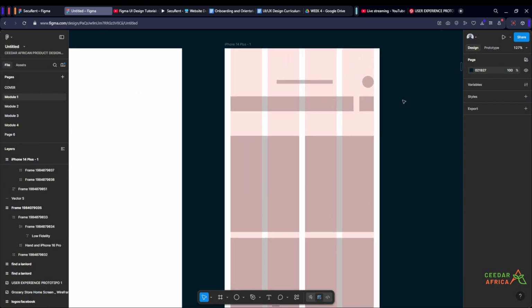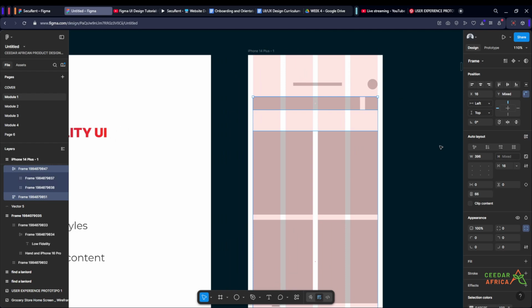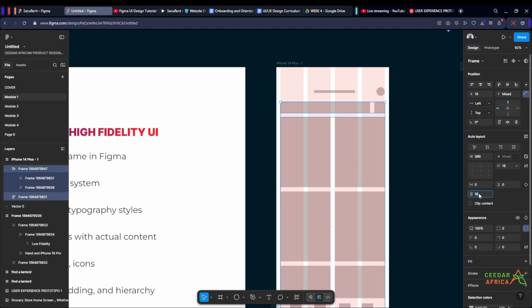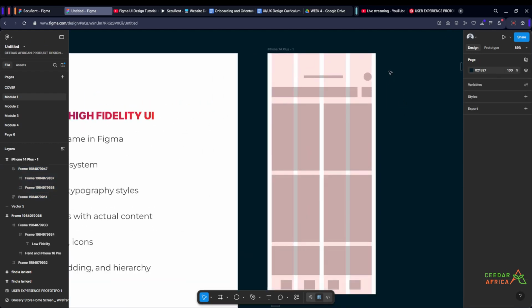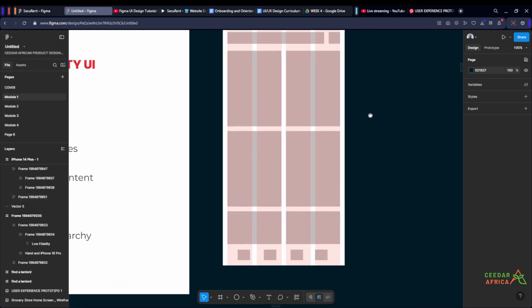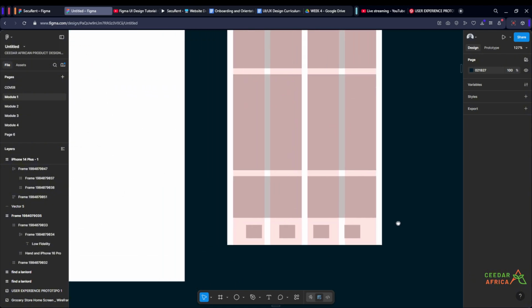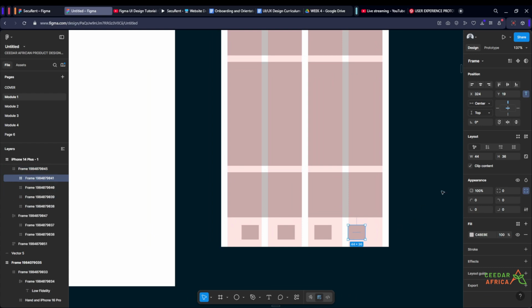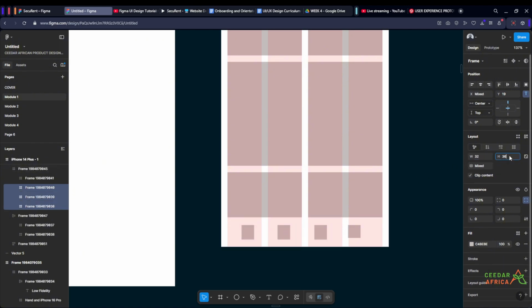Nice. So should I make this, I said 16 might be too close. Yeah, 16 is too close, so let's make it 24. So 24 is looking cool. You see, we're applying our spacing system, right? We're applying our spacing system. So for this, what do we do with these guys? Let's not wait too much time. 32. Is 32 okay? Okay, so I'm going to do the same for this, 32, 32,